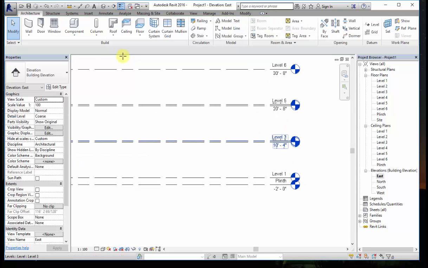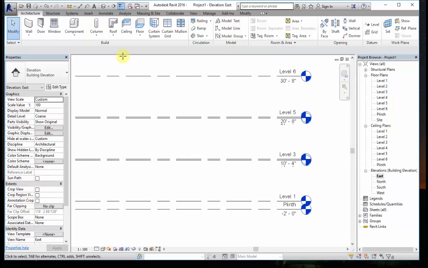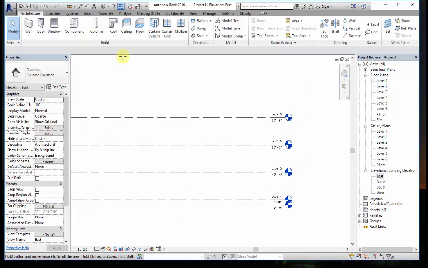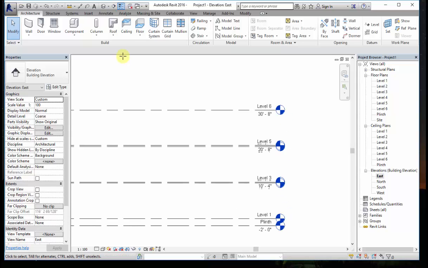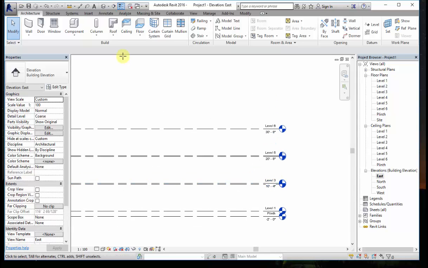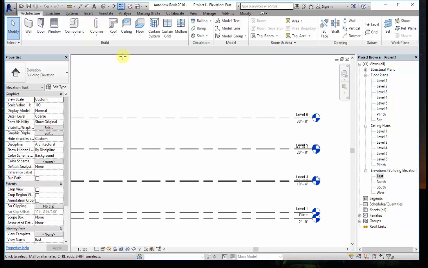So this is how you will be creating the levels and setting the levels whenever you are creating a plan. This is an example just for a duplex house. If you want to create a single floored house, then you can just keep the levels up till here. This plinth level is required, you can keep the levels up till here. Instead of giving this here, you can give the parapet wall height. If you are creating an apartment, you have to create n number of levels over here, or else this ground level can be considered as basement. So it depends on your requirement, that is how you are going to create the levels over here.